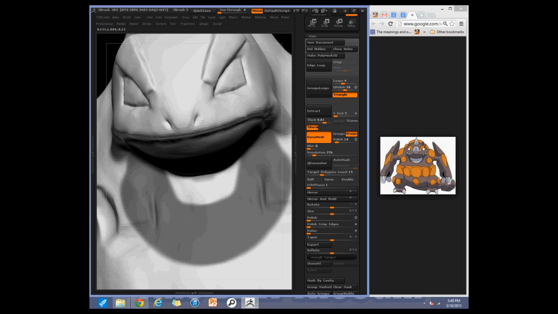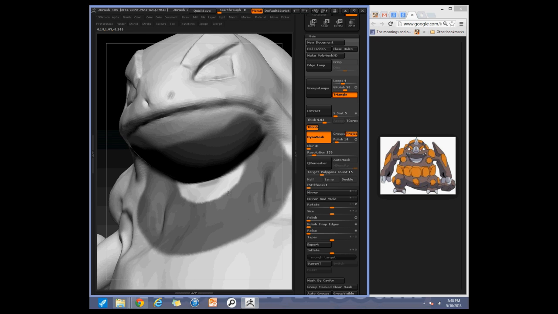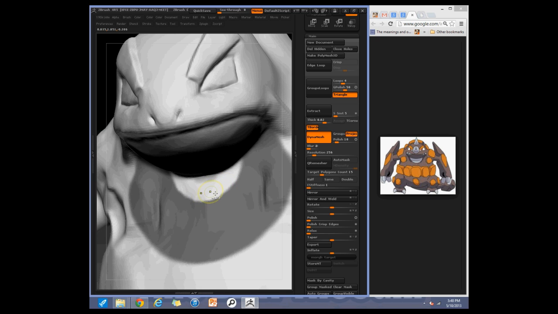Brush size is far too big to try and be masking anything seriously, but yeah, I'll just push this part in, then use the